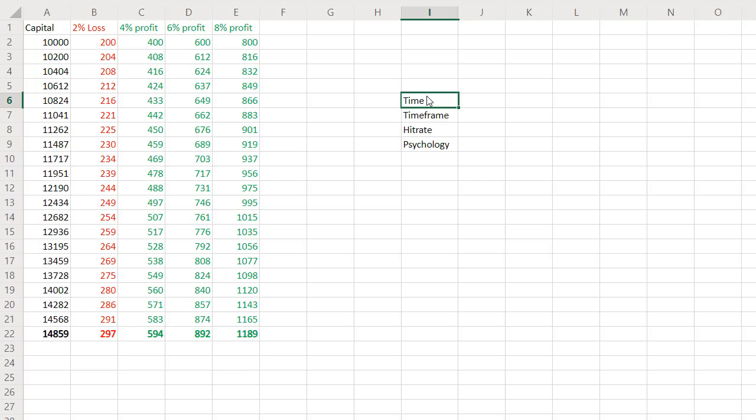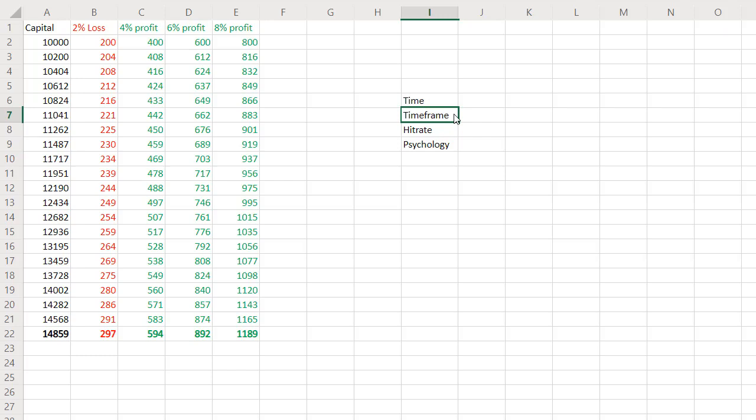If you are more of an action guy or action trader, of course it's up to you to find a different strategy that works for you. Maybe intraday trading is something you do find a way to make money, and then these calculations can go up into a daily trading strategy. But time is of the essence, because you have to take the time to ride a certain wave or a certain price move.